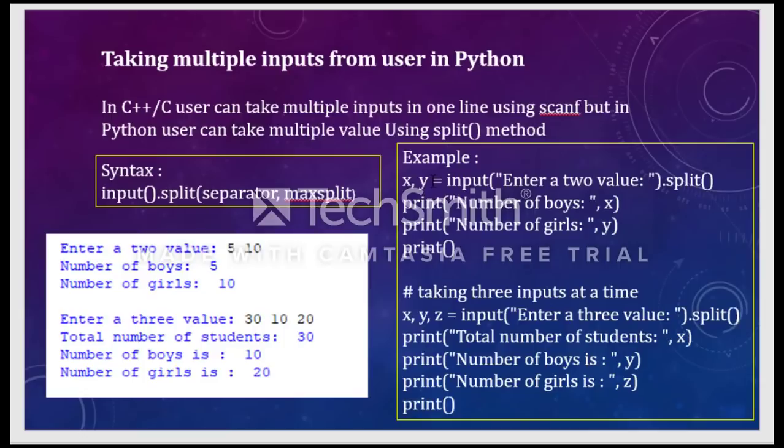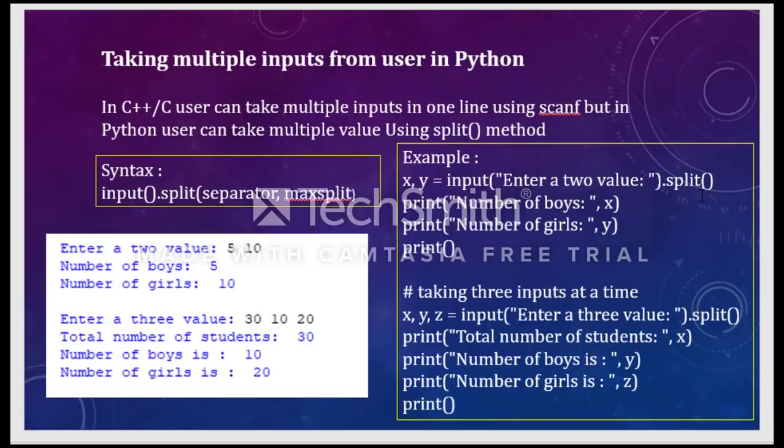You can see in the example, x y is equal to input, enter the two values. We are writing an input function, then opening the brace, then a statement in double quotations, enter the two values, then closing the double quotations and dot split.